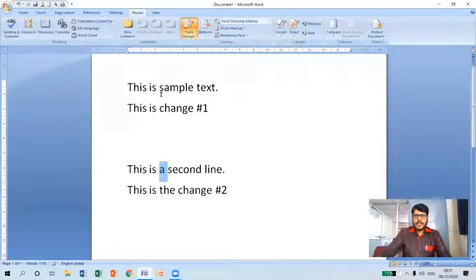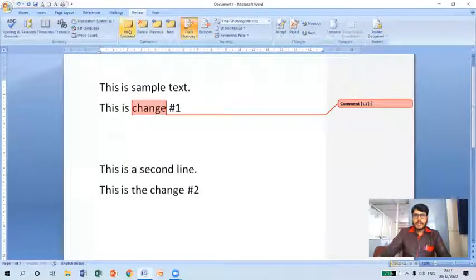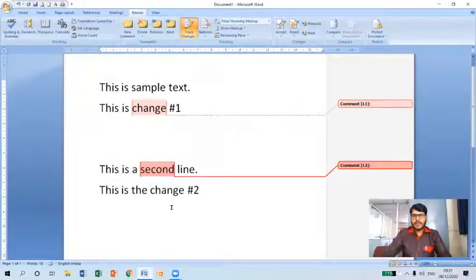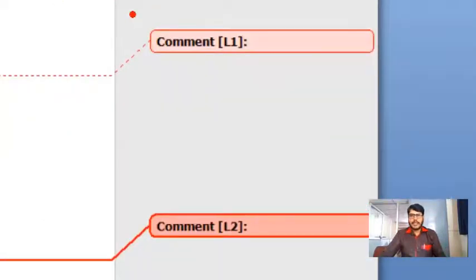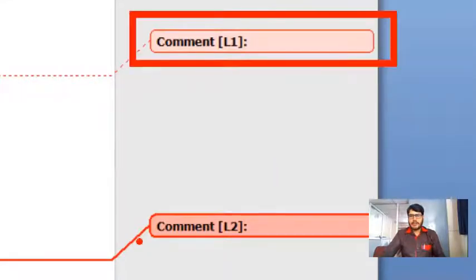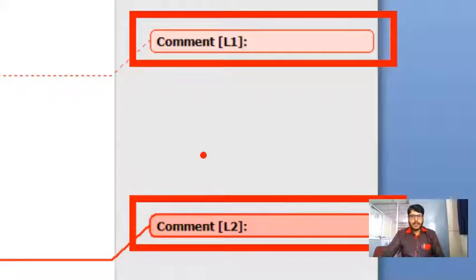Sometimes what happens, assume that we are going to include comment lines by using the comments. Already we have discussed how we can include comment lines. Okay, so similarly, I want to include a comment line for this particular keyword also. Now you can see here, it is showing balloons here. So these are called balloons. As you can see here, at the right hand side, whatever we are getting, comment line number 1 and line number 2, these are called balloons.